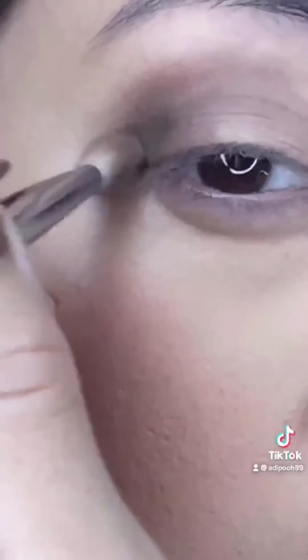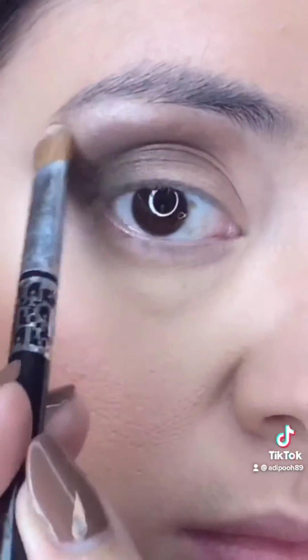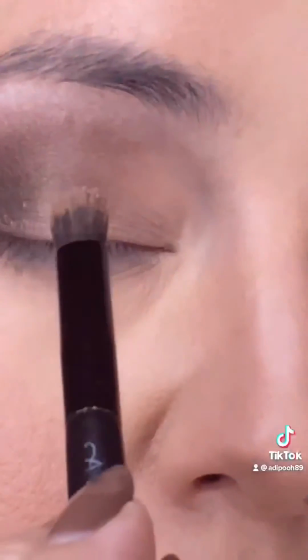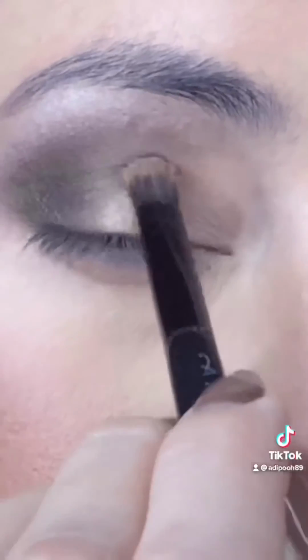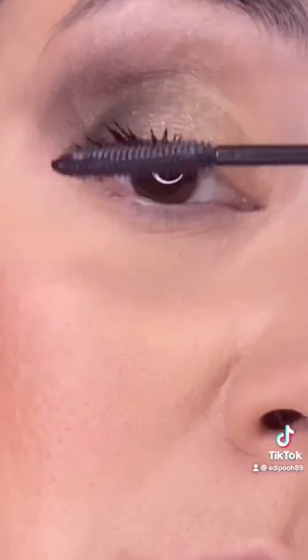I'm then putting some concealer on my eyes as a base for my eyeshadow. I'm using Urban Decay's Naked palette, the original palette. I like to stick to browns and neutrals and golds on my eyes, so that's what you see me applying here. I'm then adding in this really pretty gold color on my lid, adding the L'Oreal's Telescopic Mascara,